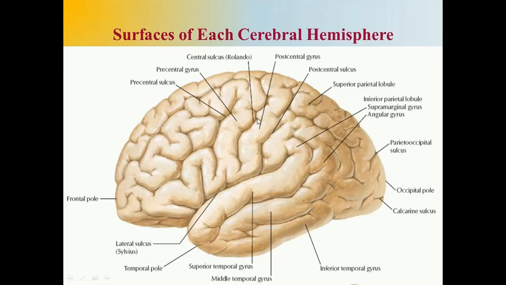As I said, the central sulcus divides the brain into an anterior half and a posterior half. The anterior half of the brain is fully given to the motor area. So the anterior half is fully going to contain the motor cortex. So the primary motor cortex, the premotor cortex, the supplementary motor cortex are located in the anterior part of